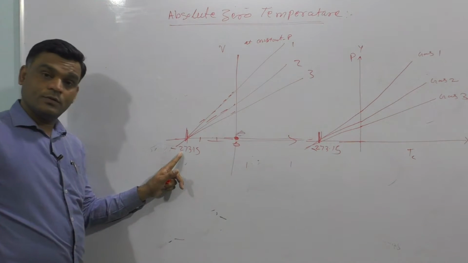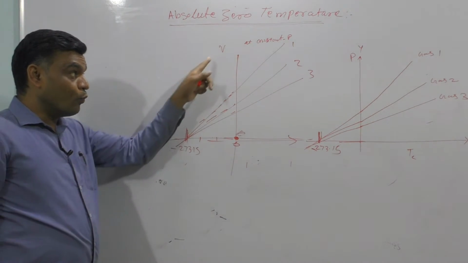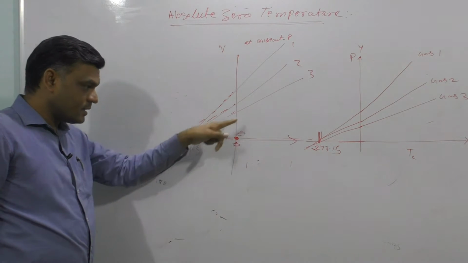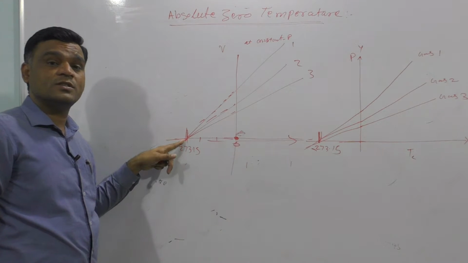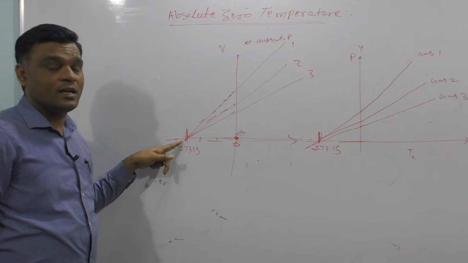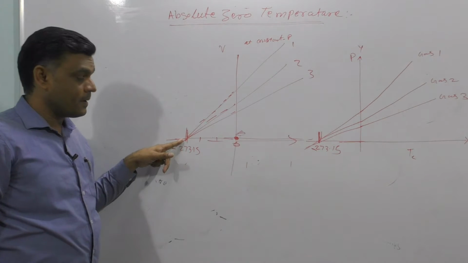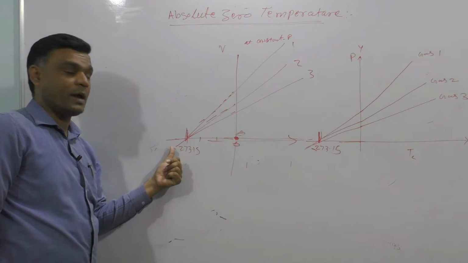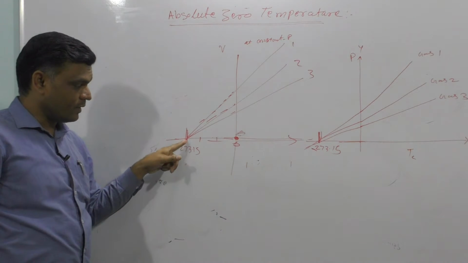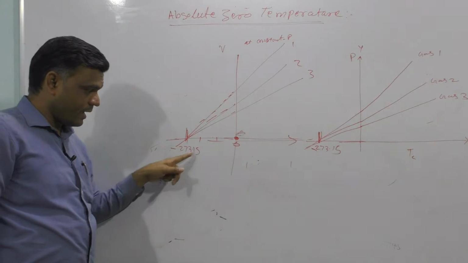At this value, the volume of the gas coincides with the x-axis, meaning 0. Practically such a thing is not possible, but here we extend the graph in the backward side and we predict the exact figure